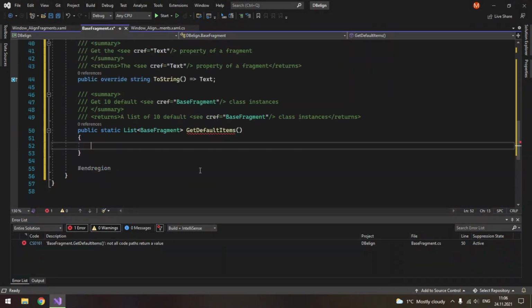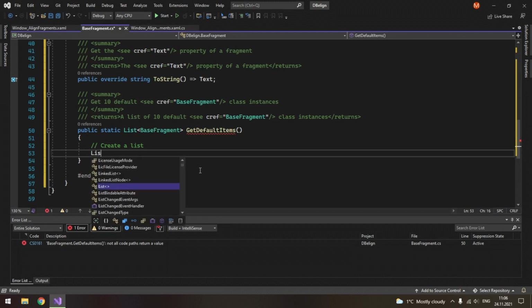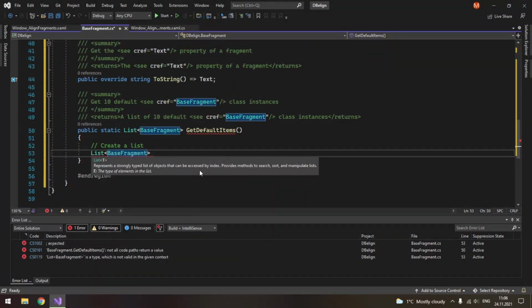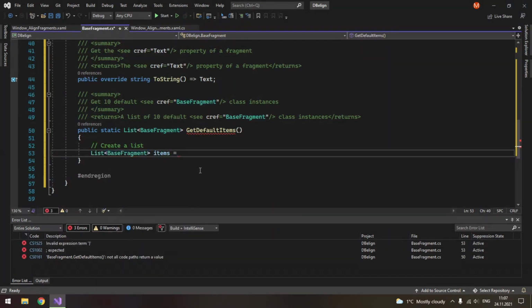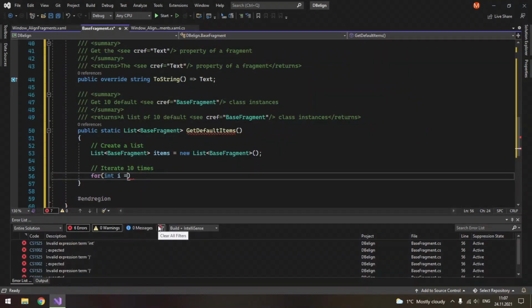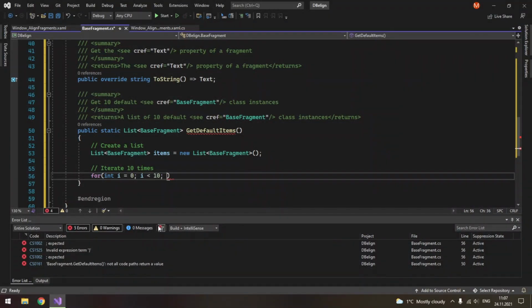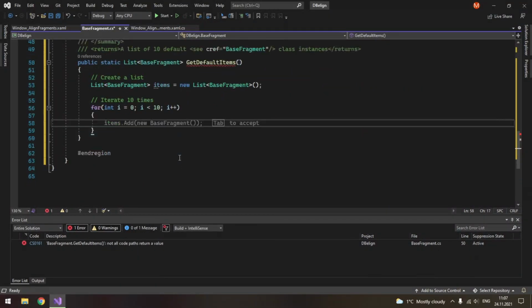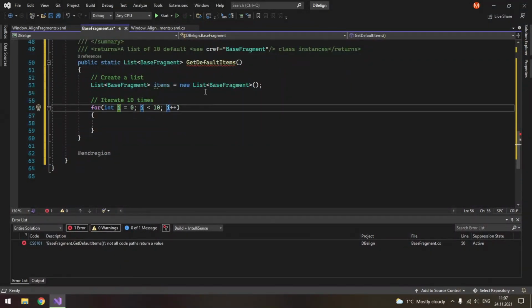First of all, we'll create this list: List<BaseFragment> items equals new List<BaseFragment>. Then we will create a loop and iterate 10 times: for int i equals 0, i is less than 10, i plus plus. Or rather, we can actually use plus plus i.